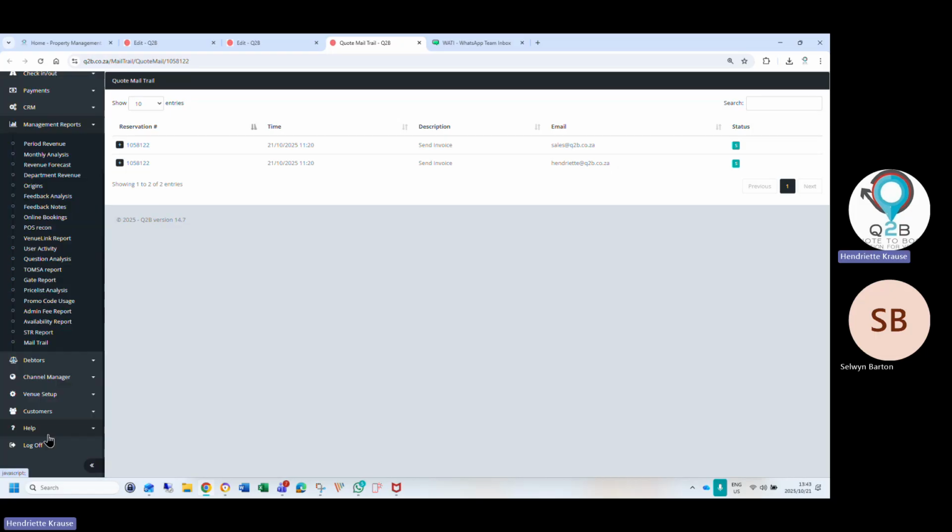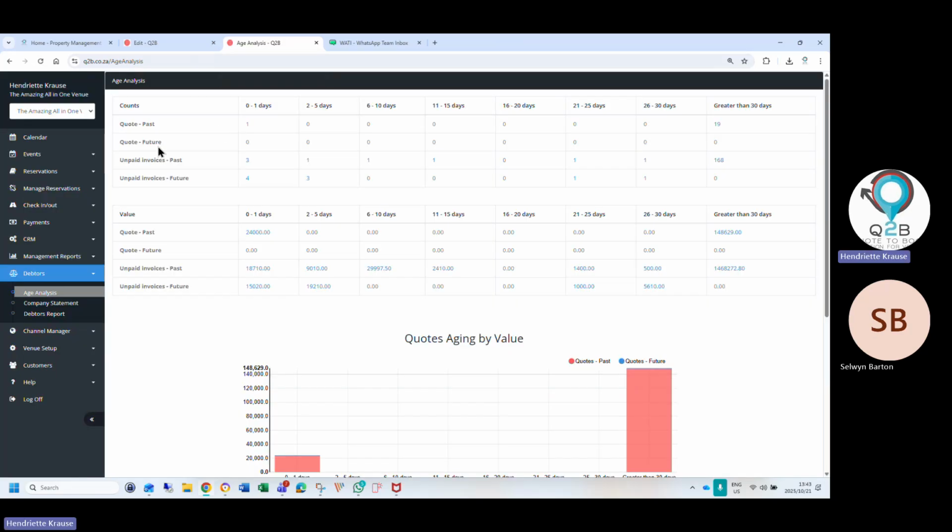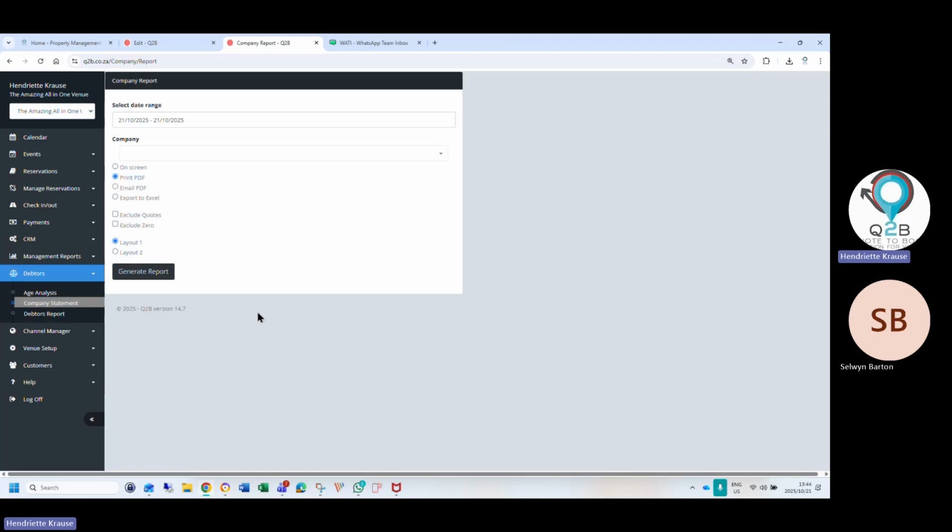So that's full management reports, debtors. We carry your debtors a little bit for you, although it's in our accounting package. We will show you your debtors, and we show you unpaid invoices in the past, meaning they checked out already. If you click on it, also hyperlinked, it shows you all the bookings making up that 18,000, and also future bookings. You can give a statement to a company. If they book under a company, you can pull a statement for the company, and you can also draw a debtors report, and we age it by day, and we also age it by month.